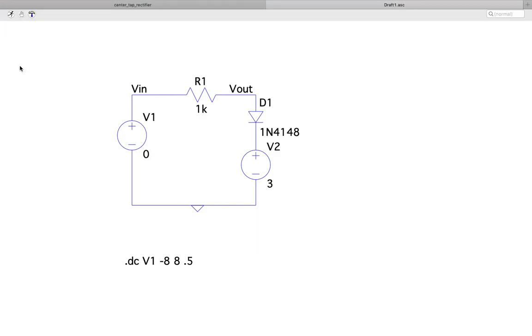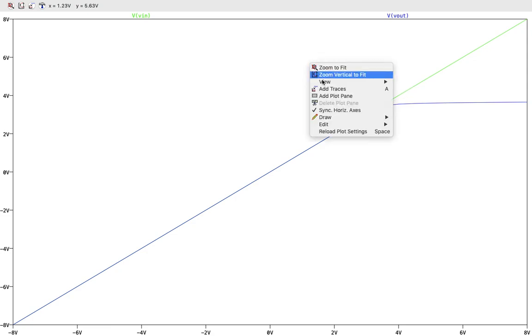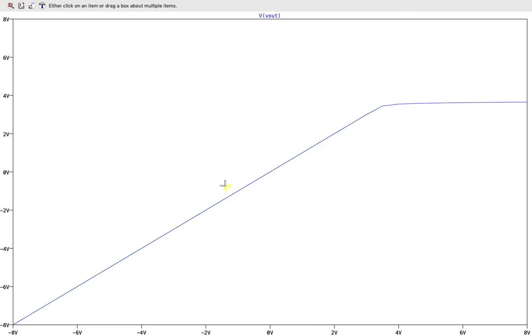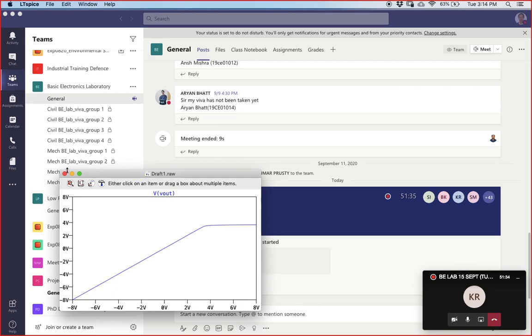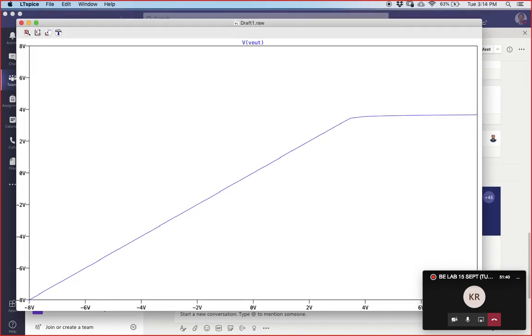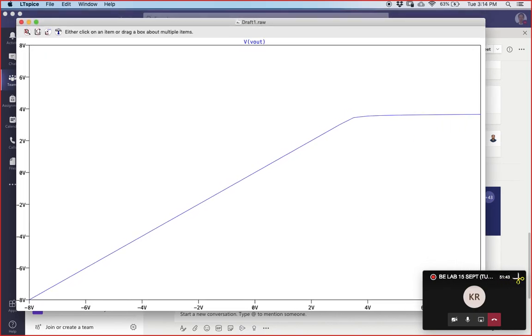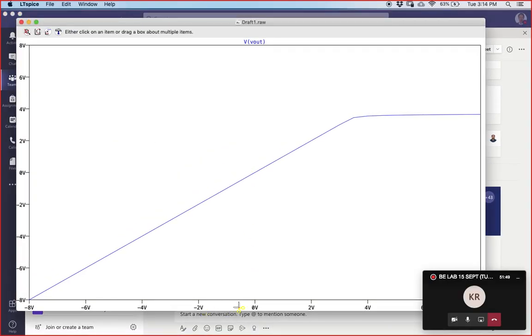If I then plot again, do the simulation, and again plot the V in and V out. Of course here I don't need to plot the V in. You can just delete this one, V in, because V in is already plotted here. So you can see here, the x-axis here is my V in, where I am varying it from -8 to